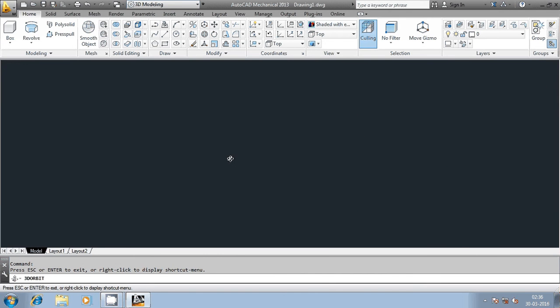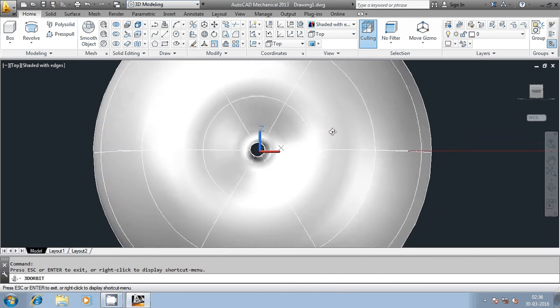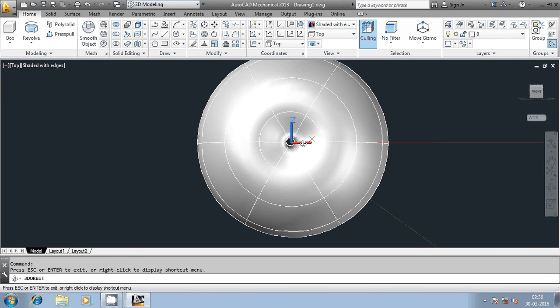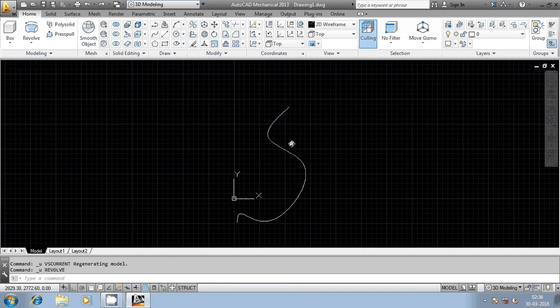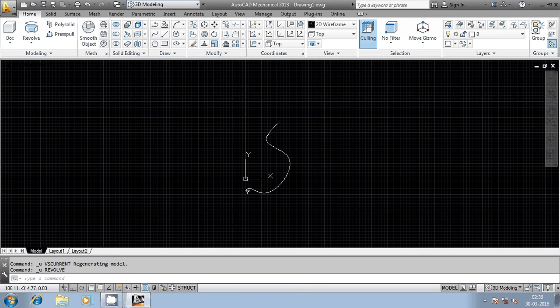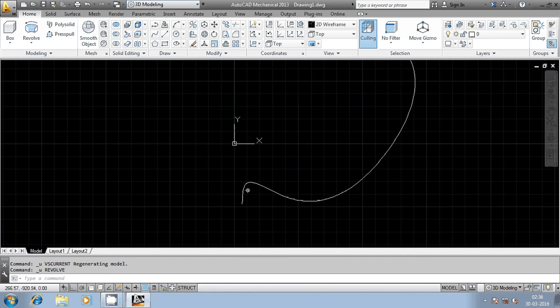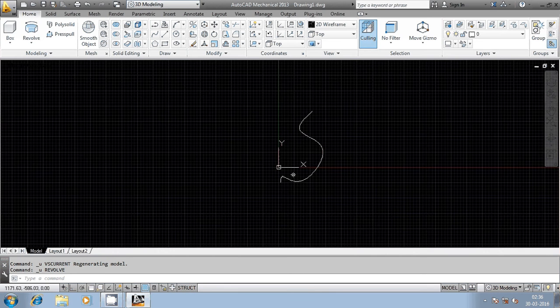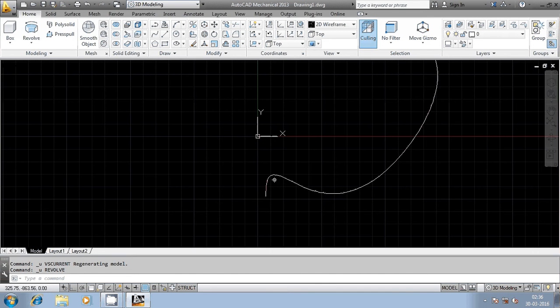You can observe here there's a small gap at the bottom. The reason is I had not touched the axis. That is the reason we got this particular thing. You can see here there's a gap between the profile as well as the axis. That is the reason we got that gap. If you don't want that, you can just bridge it. You will completely get the continuity. So I got a hole here because of this gap.